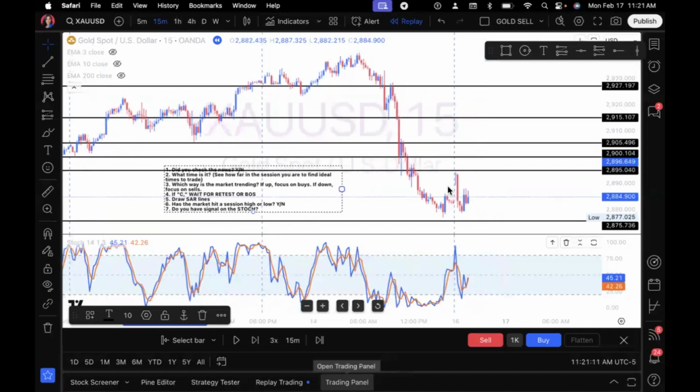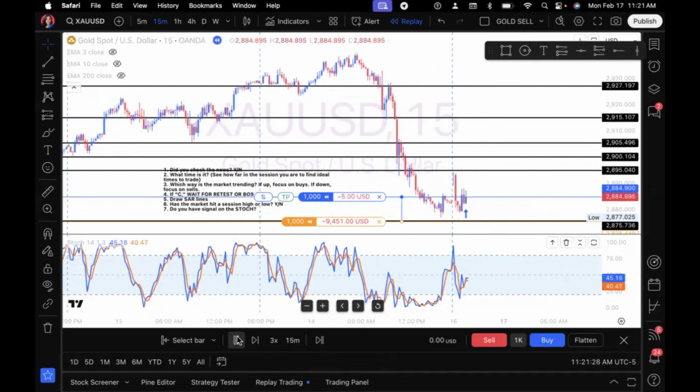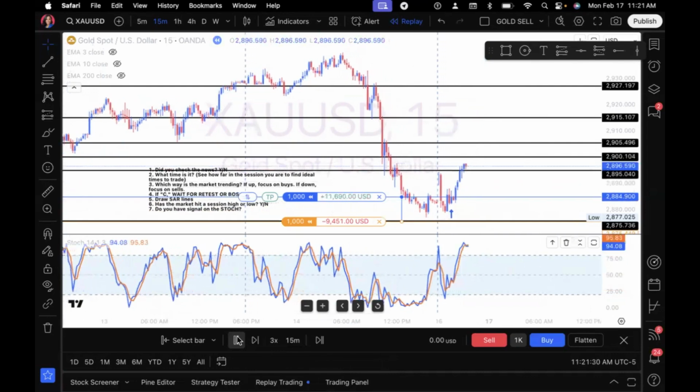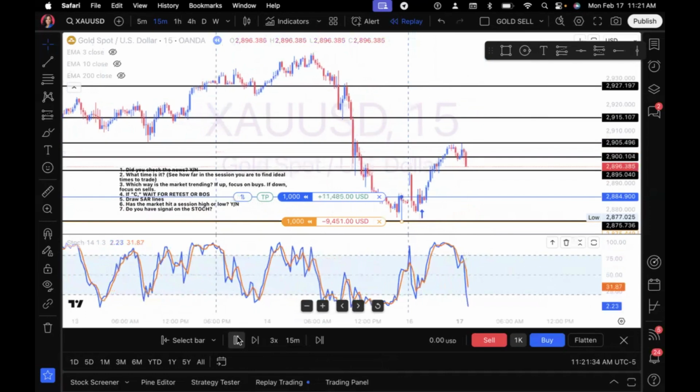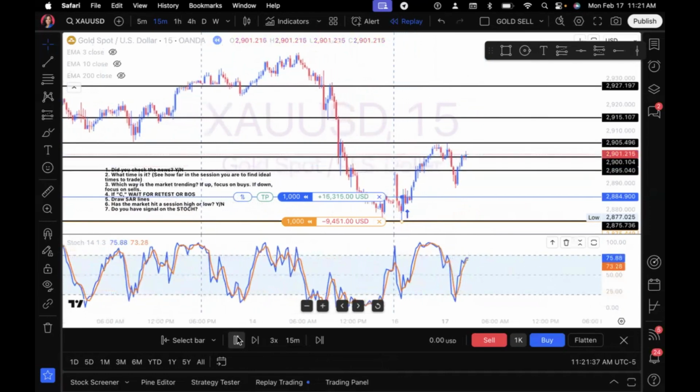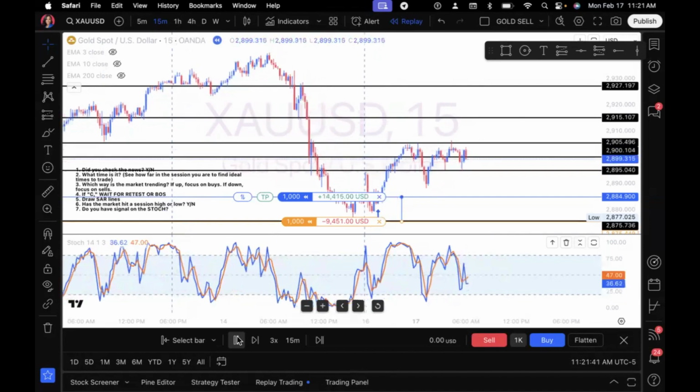And this time, in addition to all of my other confirmations, I was geared towards a buy. So that's what I did. I entered for a buy. I set my stop loss at 2875, and then we're going to go ahead and see what happens. Are my TPs going to be hit? We can see that the market indeed did buy, and my take profit 1 and my take profit 2 were hit. TP3 was hit as well.